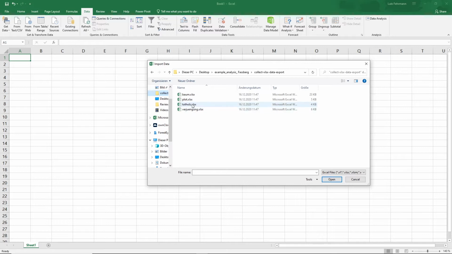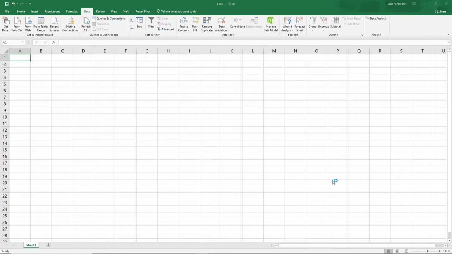I don't even like to see the data in my table, I just like to do some analysis. I don't like to mess around with my data in Excel. I just need to create queries or connections to these original data sources. I have 4 tables here which are not related with each other up to now. A plot table, a tree table and some other table, and I like now to import or connect to these tables. Let's start with the plot table, and if you import this table,